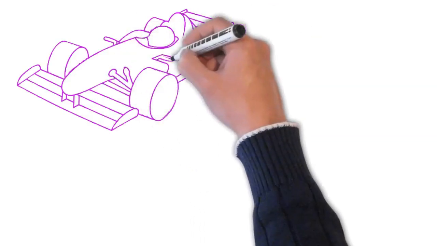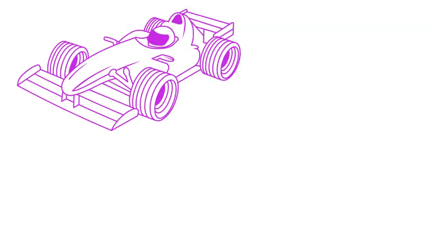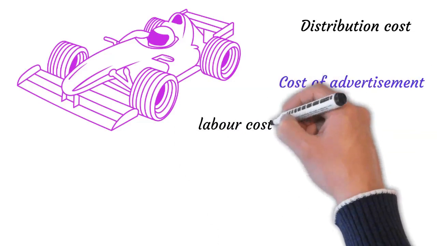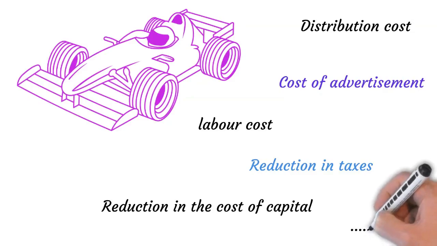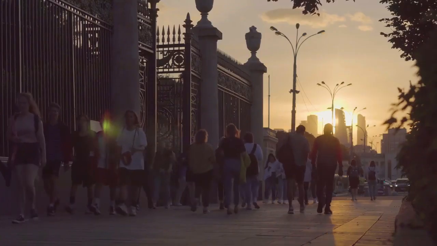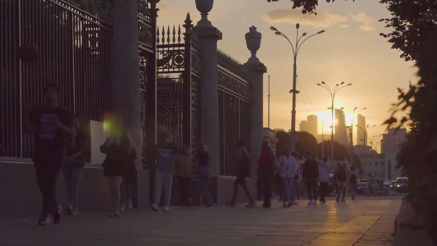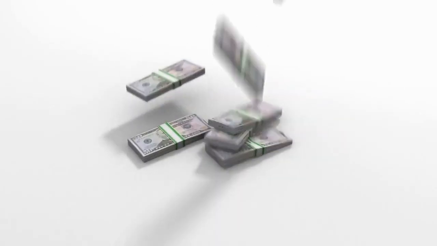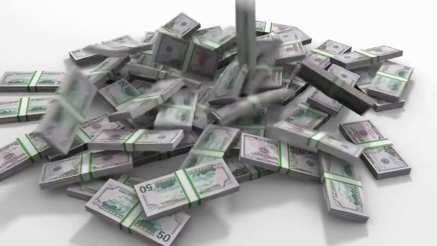Where competing on the basis of quality is not feasible, the best bet is to compete on the basis of price. This is done by devising means of lowering cost without affecting quality and reputation, either through economy of scale as a result of breakthrough technology, reduction in distribution cost, cost of advertisement, labor cost, reduction in taxes, reduction in the cost of capital, or other resource input or output cost. Nevertheless, competing in this aspect leaves businesses vulnerable to competitors as they can easily replicate the actions of the business. Consequently, competing firms continue to beat down prices one after the other until cost becomes higher than revenue, and subsequently, death of the competing firms.